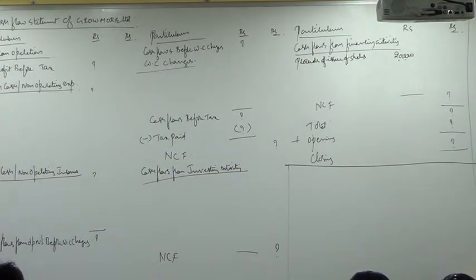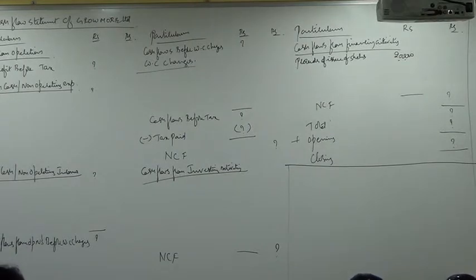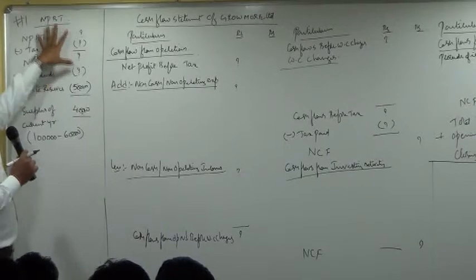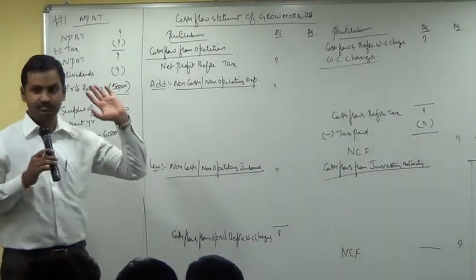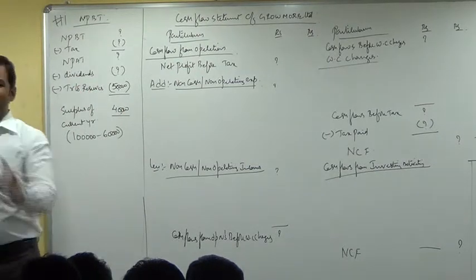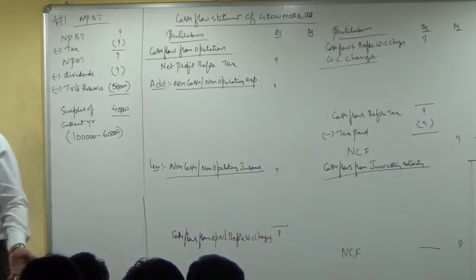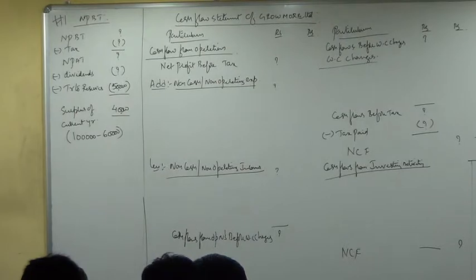Next, P&L account. Opening balance and closing balance, 60,000 and 1 lakh. The difference is 40,000, surplus of the current year. You have already taken it here. Are you all following me? Yes, sir. Now listen to me carefully. If you don't want to maintain a separate working note for NPBT, you can show all these calculations inside the cash flow statement itself. Show the working in the main answer itself. Same thing.